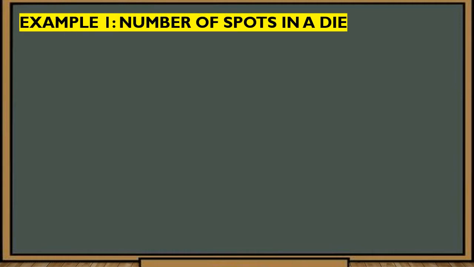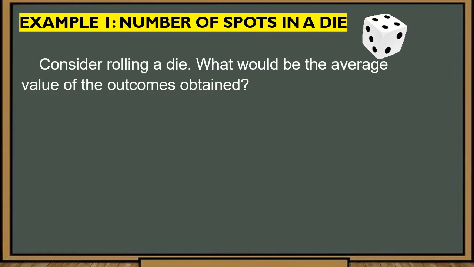So let's take, for example, the number of spots in a die. Consider rolling a die. What would be the average value of the outcomes obtained? When you roll a die, what is the average value of the outcomes obtained? So we are dealing with the mean or the average. To do that,